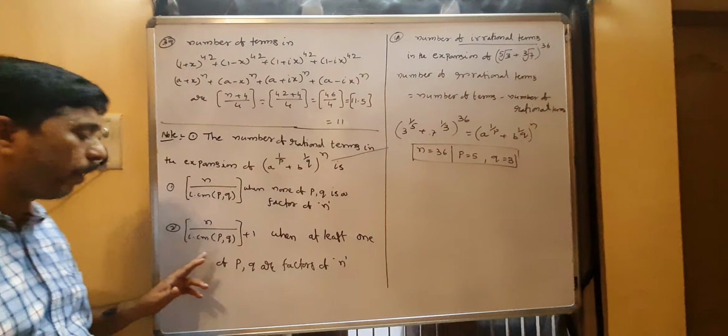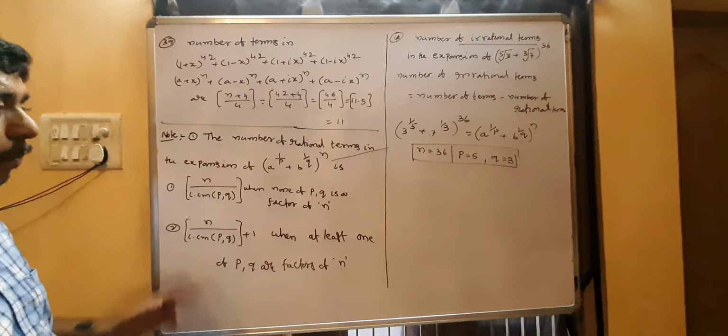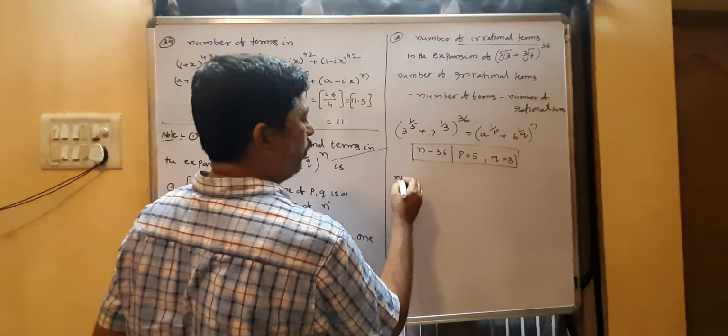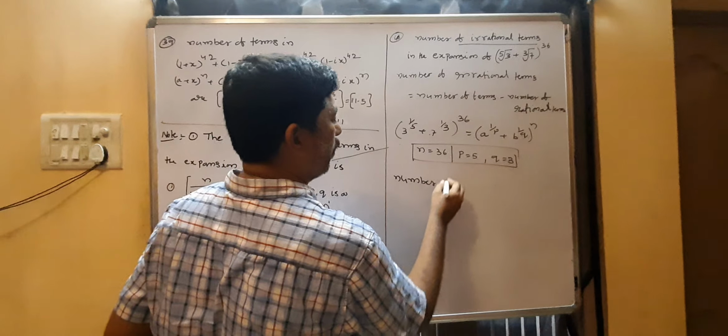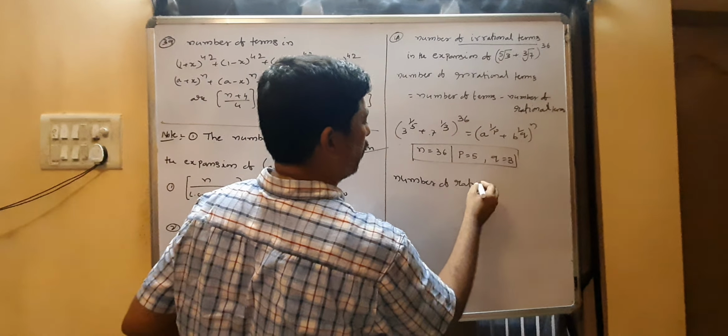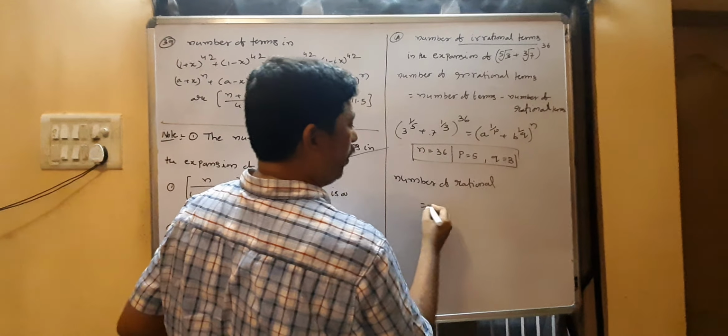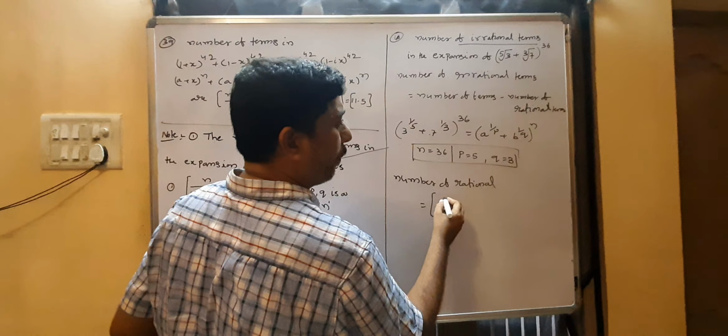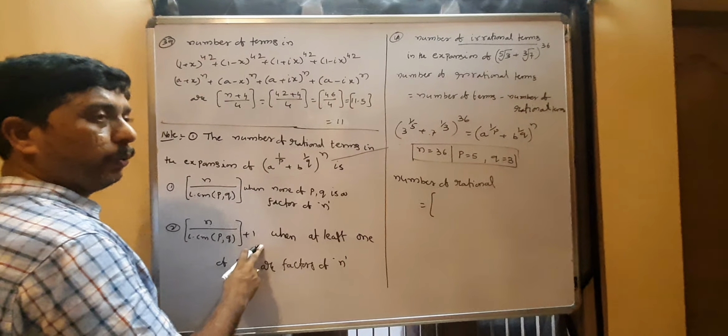Then for number of rational terms you can apply the second formula. Number of rational terms equal to